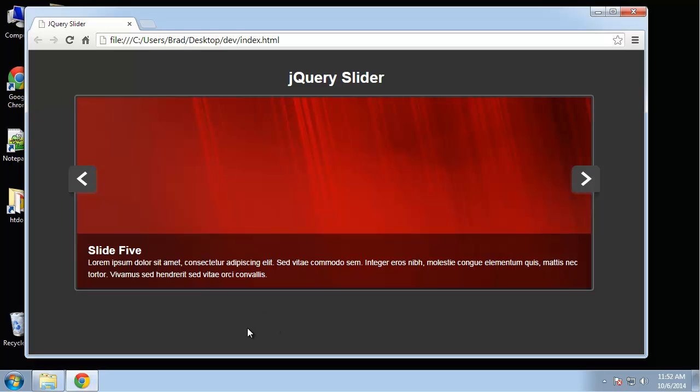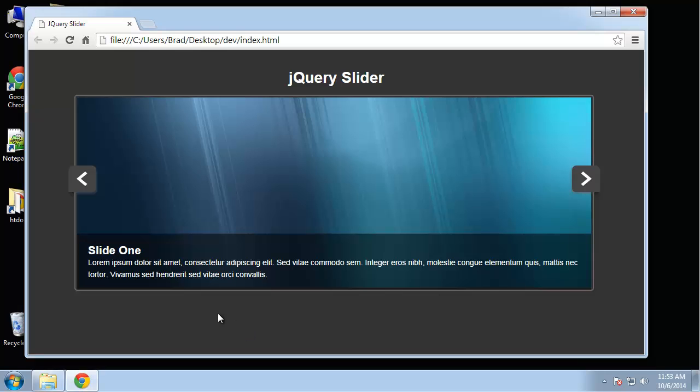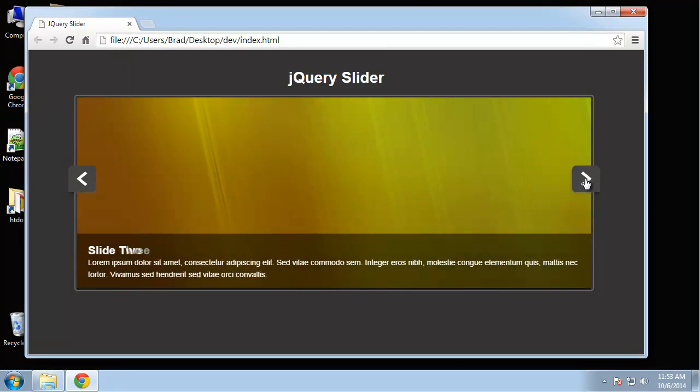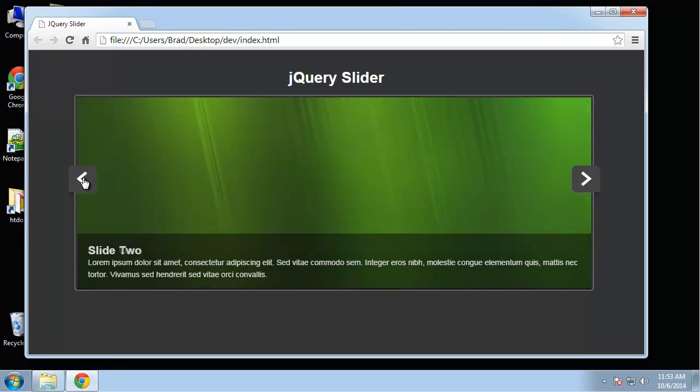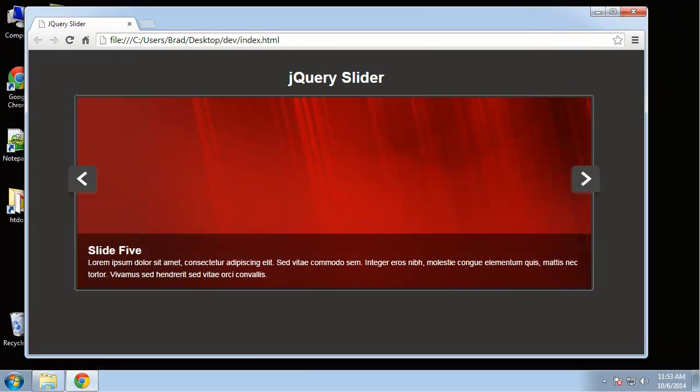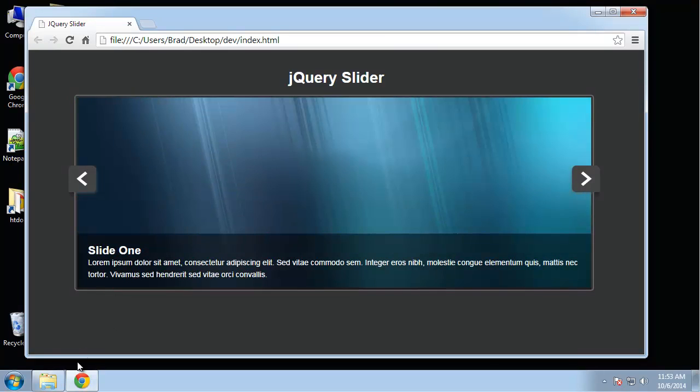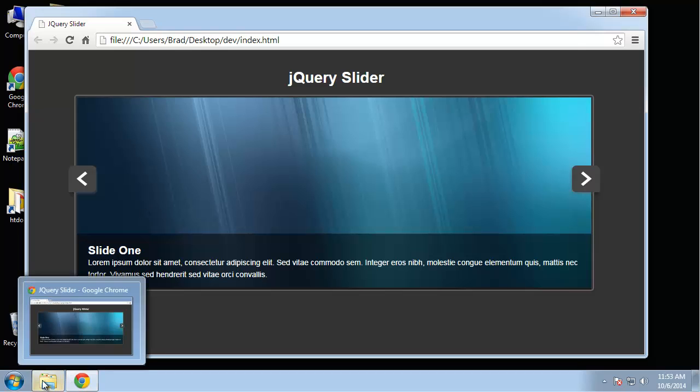And as you can see, we have an auto switch option, so it just scrolls or fades automatically. We also have arrows where we can go forward and backwards, and we have a nice little fade effect. The images we're using are 940 pixels by 350 pixels, and I've included all the images